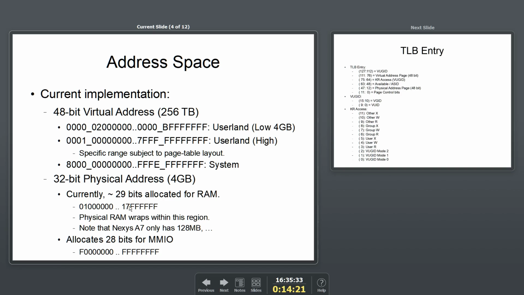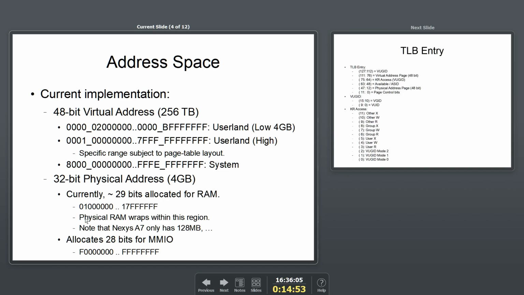In any case, a little less than 512 megs is available for use by the RAM, but that's not really too much of an issue right now, because